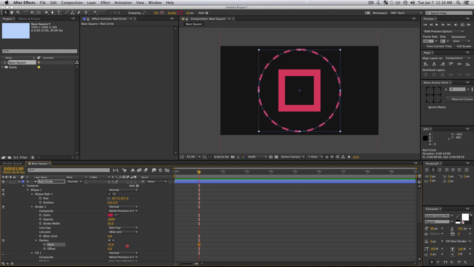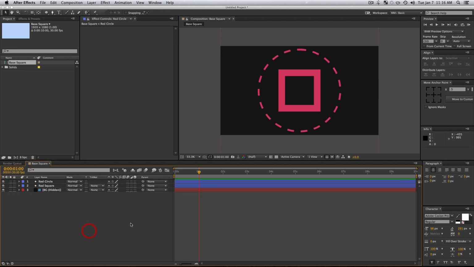I'm going to turn it up to, let's see what I like. That should be fine. So I turned mine up to 76, and yours will probably be somewhat similar, or really whatever you want it to look like. I like how that looks. All right, so now what I'm going to do is pick whip my red circle to my red square and just set it as a child.